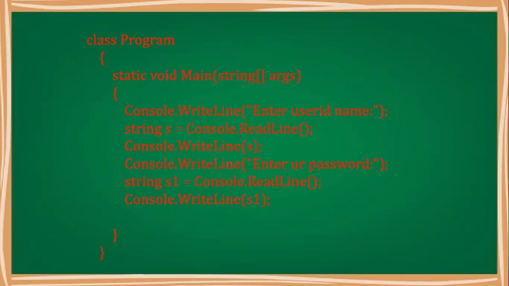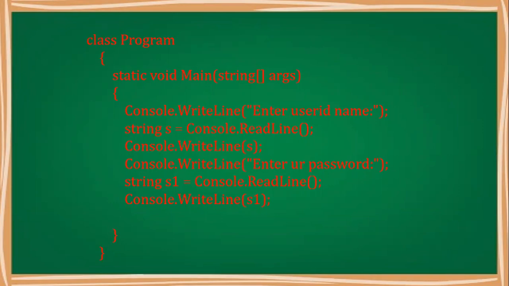Okay, so this is another example. Same structure: class Program, static void Main, string args, Console.WriteLine. Now, one more thing. We are going to observe a program which interacts with the user on the command prompt. We want something from the user, and we want to assign it to a variable. So first we ask the user to enter his user ID or some name. We have written the method so that the message is displayed to the user. First line, Console.WriteLine, enter name or user ID.